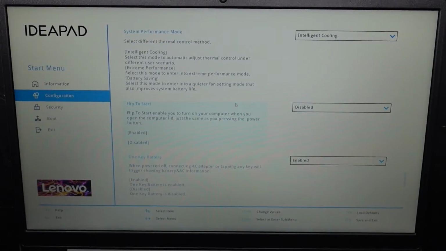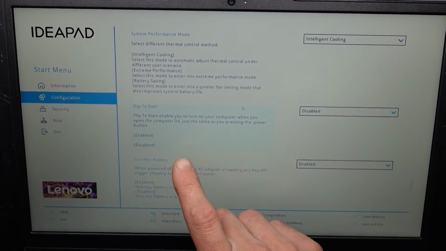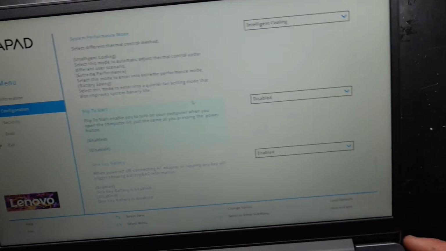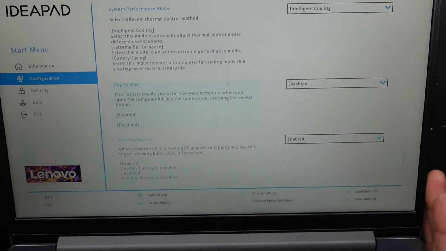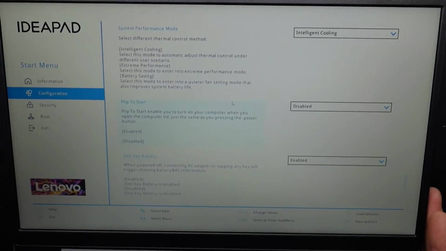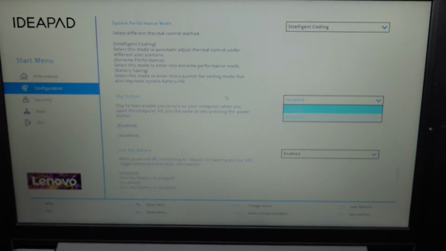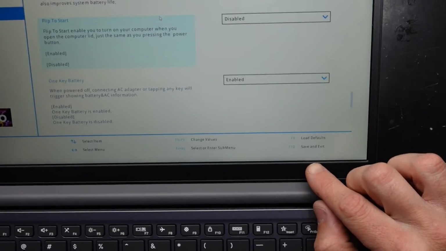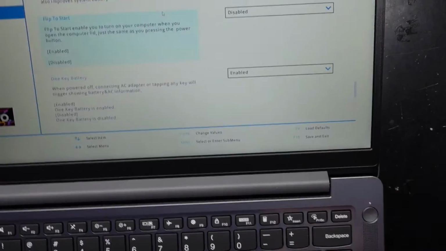Flip to Start. Flip to Start enables you to turn on the computer when you open the computer lid, just the same as pushing the power button. I don't always want to turn it on every time I open the lid, so I've gone over to here and selected disable. After I've selected disable, I want to press F10, which is save and exit,